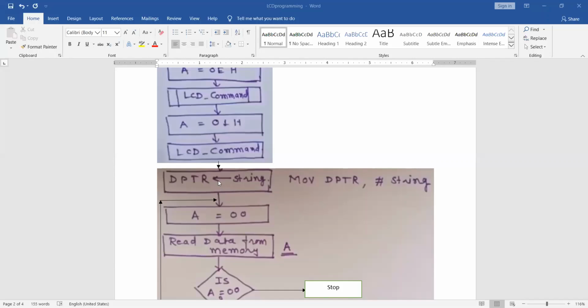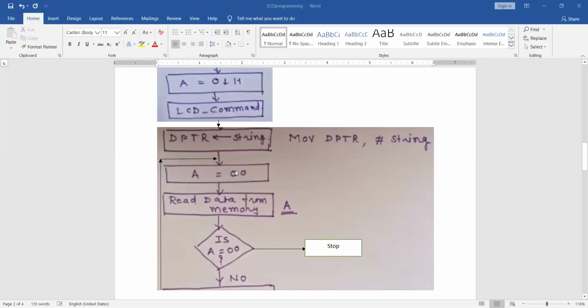Then next step is A equal to 0. Why have we set A equal to 0? When using MOVC A, @A+DPTR, you have to initialize A equal to 0, then only it will read the value of DPTR.